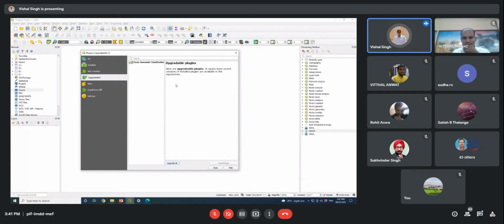You can do the upgrade here. Select the particular plugin you want to upgrade, click on Install Plugin, and you can do the update.